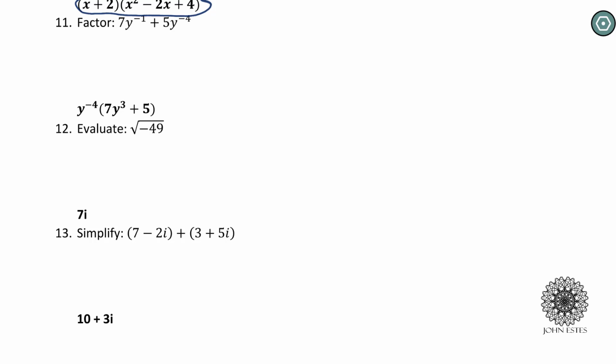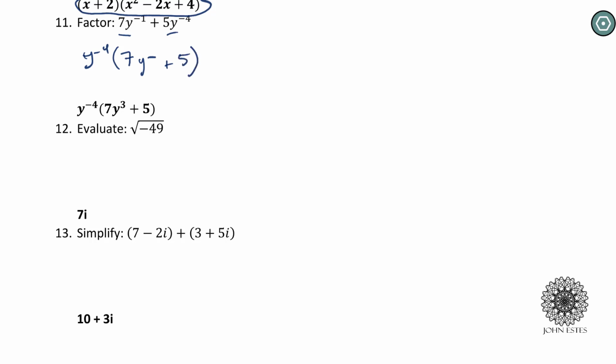So in greatest common factor, you want to take out the least power. And since these are negatives, that means that both of these, I want to take out a y to the negative fourth power. That was the least power of y in each one. Now when I do that, my first term I'm left with 7y to, let's think about it for a second, fill in the blank power,